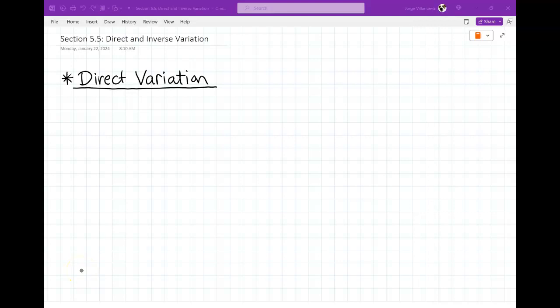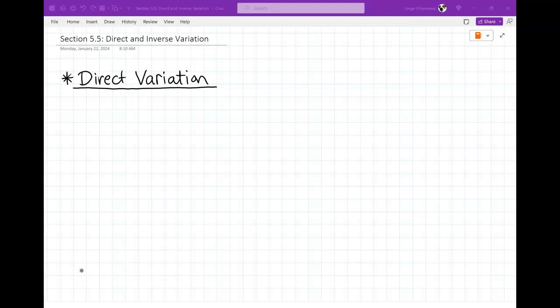All right, so section 5.5, we have direct and inverse variation. There's two types of variations that exist in this world. Well, actually, there's three. There's joint as well, but most people just deal with direct and inverse variation. Now, direct variation basically is when one thing occurs, and let's say that one thing makes something go upward, so